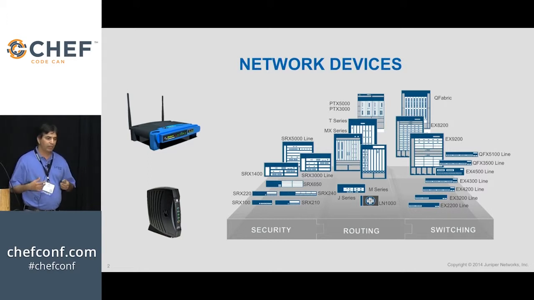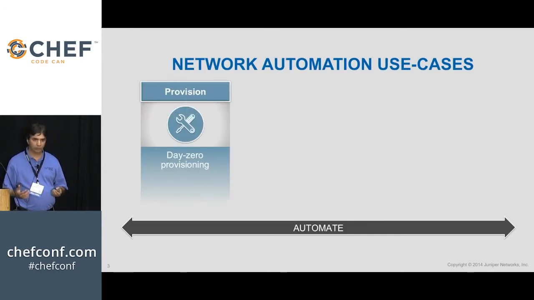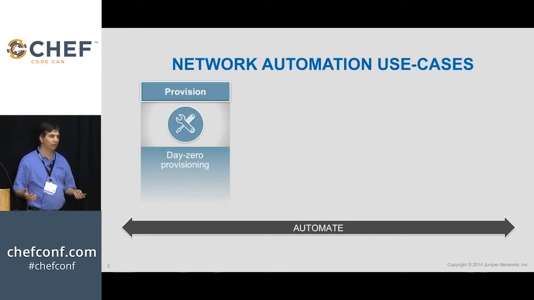So let's get into what the driver for network automation is. What are the use cases? The first use case that we all encounter is day zero provisioning. I got my router shipped from Juniper, Cisco, whoever, and I need to configure it. Now, typically, in a small shop, we do configuration manually, typing in through the CLI, or we write some scripts to make our jobs a little bit easier. But things get